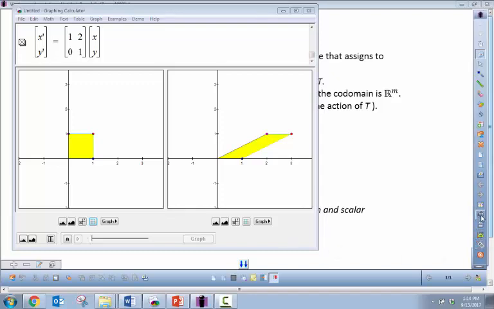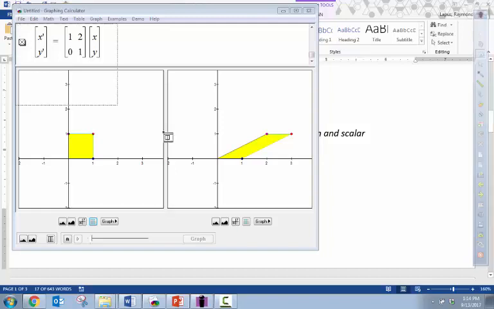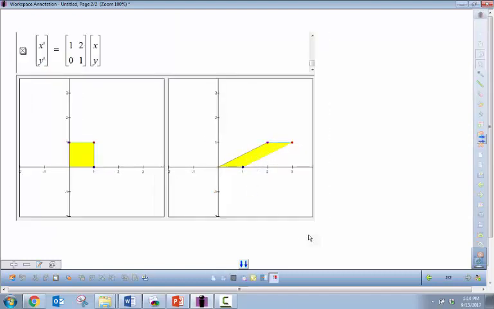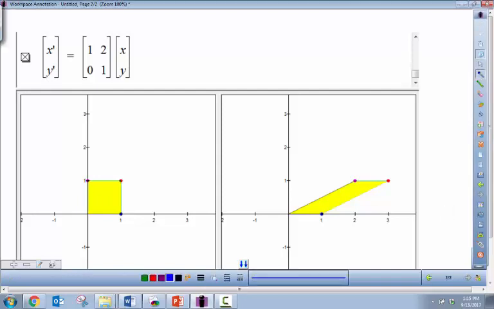So let's take a look at this example and analyze this transformation and see if we can make sense out of it. We can translate this back into a function, a T function, and basically that takes your x and y. Can I use x and y? I used x1, x2, but we can think about this as